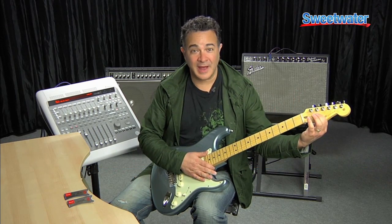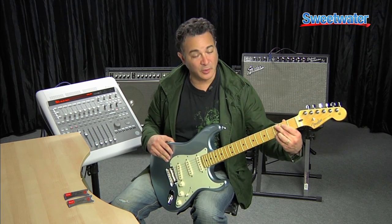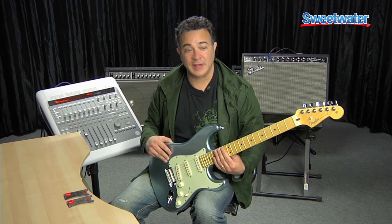So this is the brand new Fender American Deluxe Strat Plus. Let's start off with the feature set from the headstock down. Locking tuners. Single retainer on the high E string and B string. The neck has what's called a compound radius. It's a little rounder at the bottom of the neck, flatter at the top of the neck. Better for